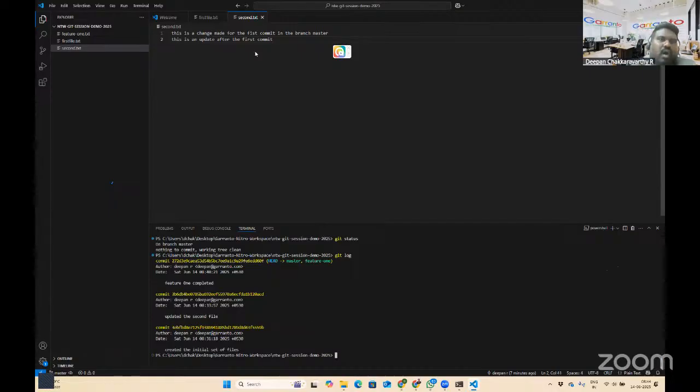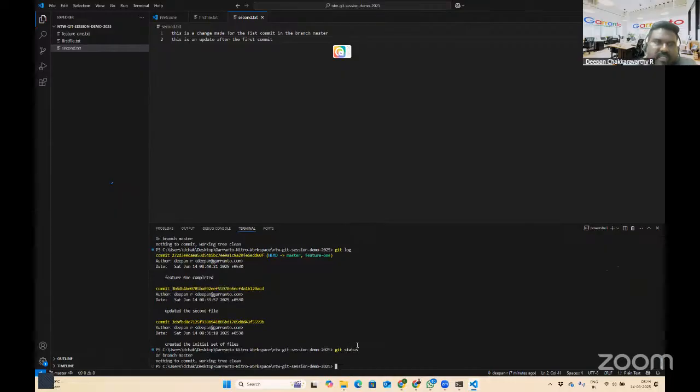Right now there are no changes that conflict with the other change. Now what if the changes are conflicting? For instance, in the master branch I'm doing a change and then committing it.